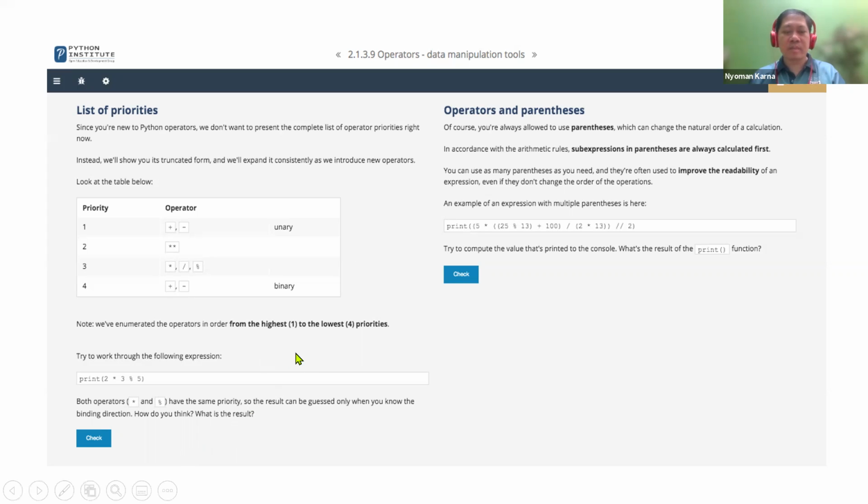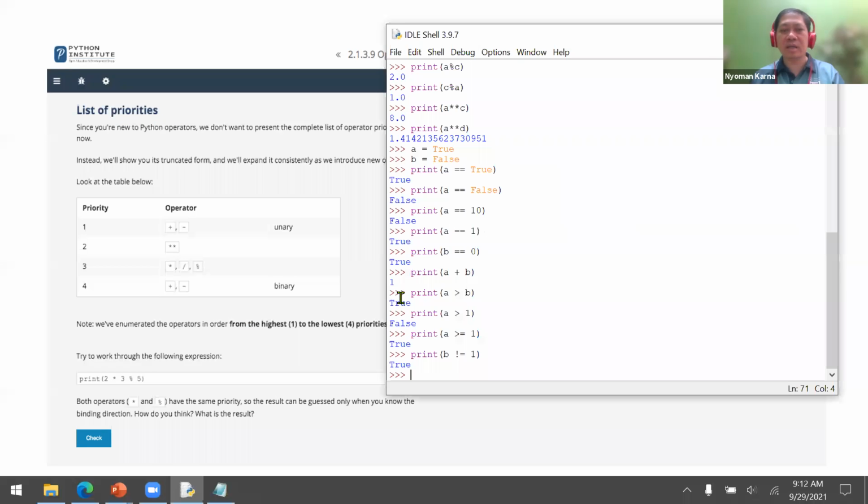Okay, so for example, like this, 2 plus 3 times 4 exponential 2.